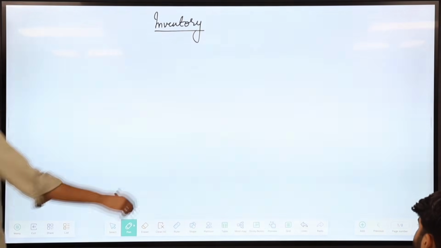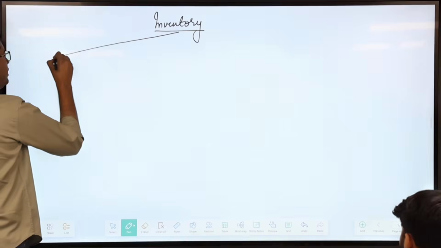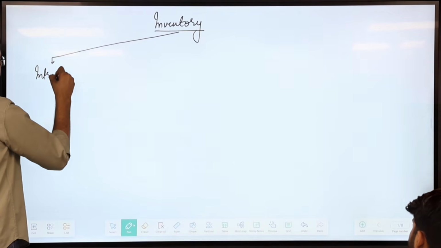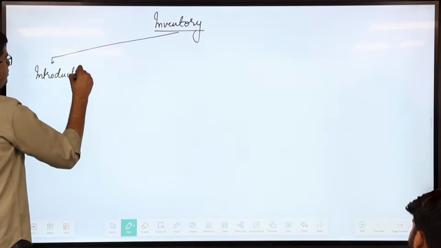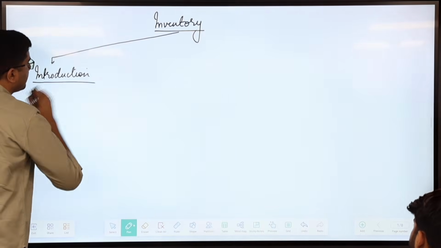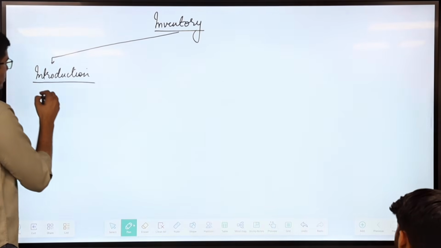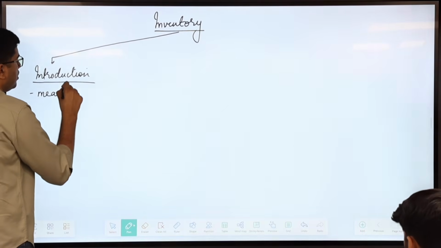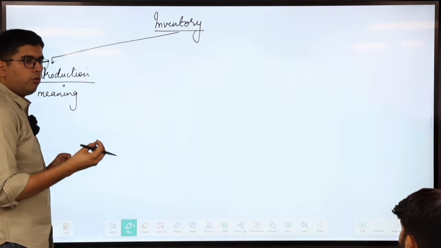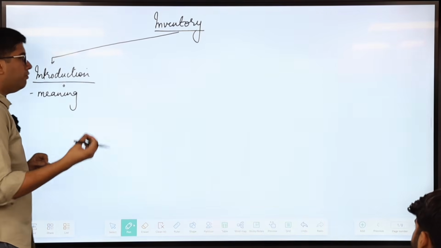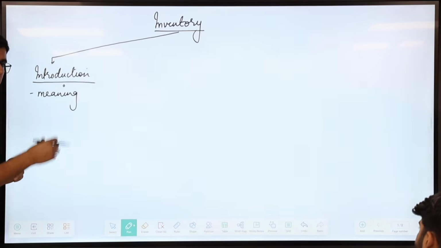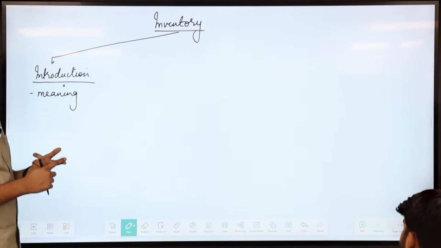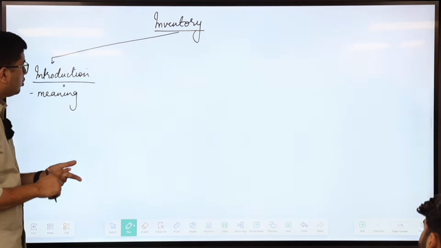For inventory, the discussion we split it into 4 parts. Firstly, we have some basic introduction. In this intro portion, we study the meaning of inventory. It is basically goods or material which are in possession of company. And these goods could be in any form. It could be in the form of raw material, could be in the form of finished goods, could also be